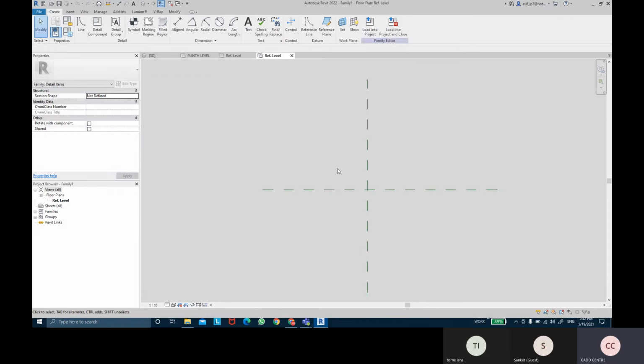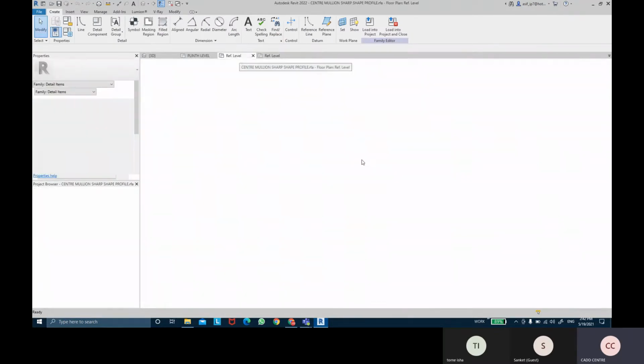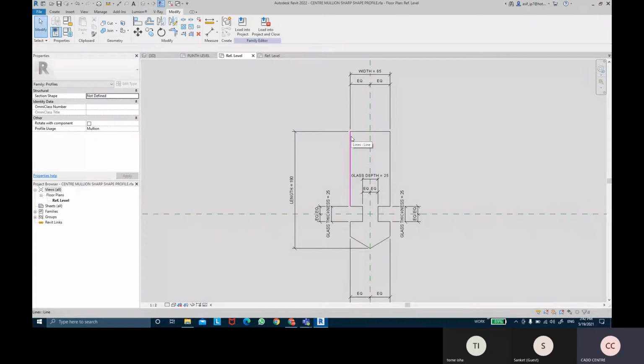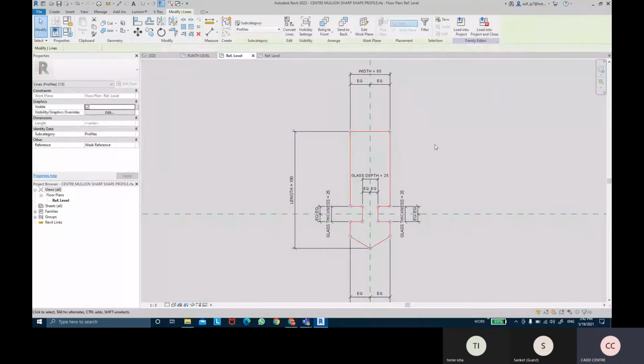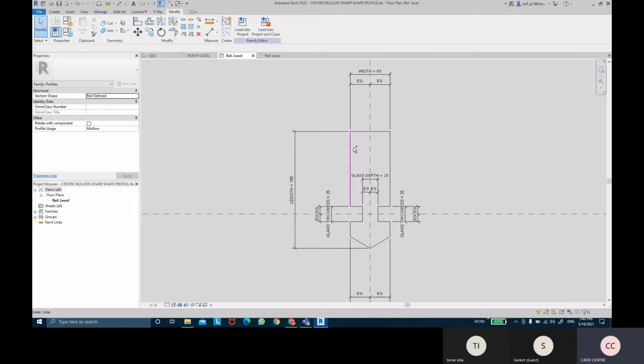What I'm going to do over here is recreate that same shape. So you can do one thing, you can just select this whole shape. Keep the cursor on one of the lines and press the Tab key to cycle. You can see now the whole shape is getting selected.